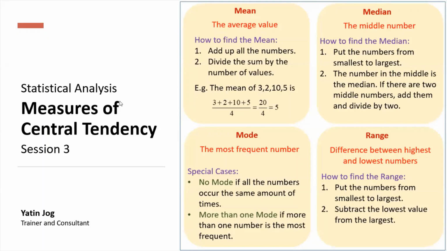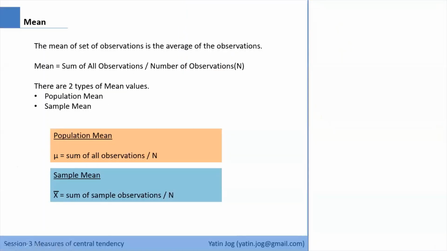So the first is mean. As all of us are aware, we have been calculating mean from childhood, to calculate the average marks we received at every standard. It is the summation of all the observations divided by n, the number of observations. That is how you calculate mean for ungrouped data. Because we are in statistics, we have to talk about population and sample both. The population mean is represented by mu, and the sample mean is represented by x bar. But the formula is the same: sum of all observations, and in case of sample, sum of all sample observations divided by n. So mean is pretty simple, so I'll skip that part.